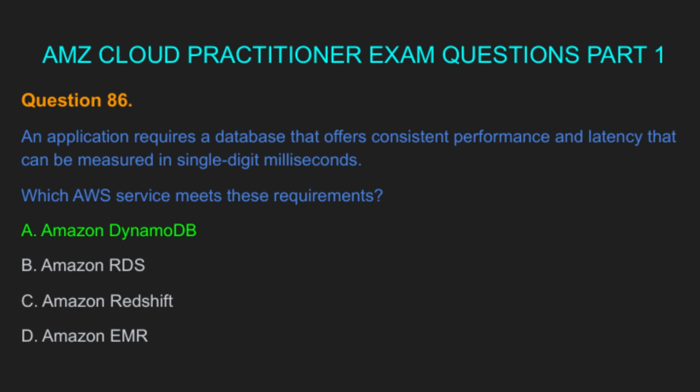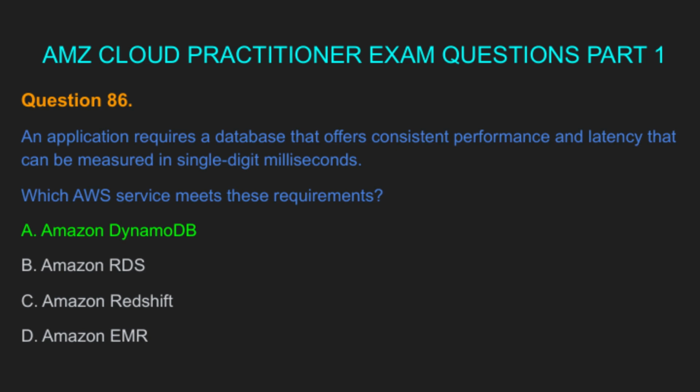The answer is A. Amazon DynamoDB would be the best option in this scenario as it is a fully managed NoSQL database service that is designed to provide single-digit millisecond latency and consistent performance at scale. DynamoDB is also highly available, fault-tolerant, and can automatically scale up or down based on demand, making it a great choice for applications with variable